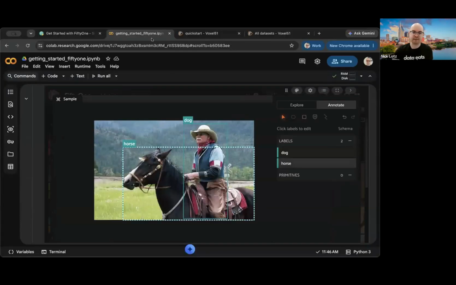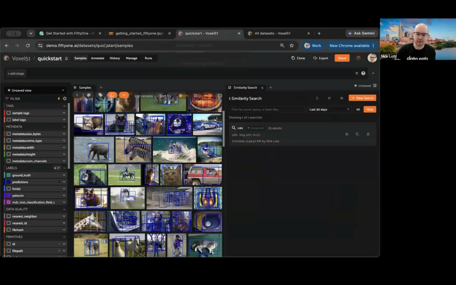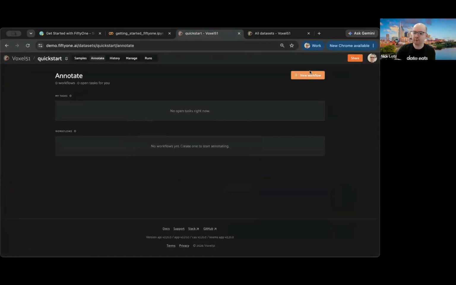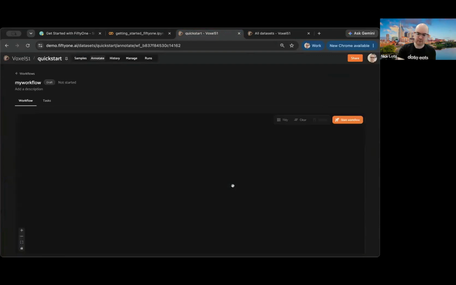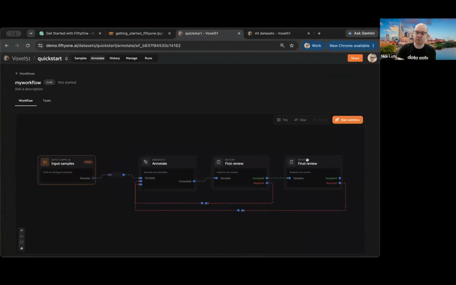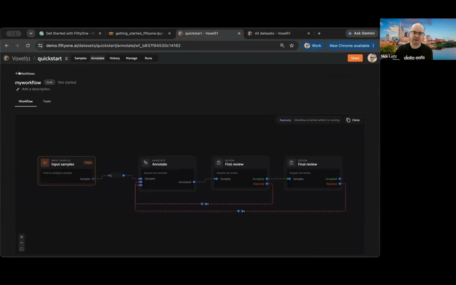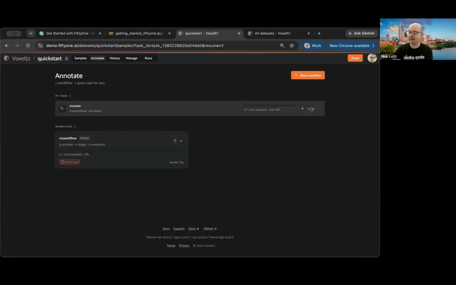Now, there's broader project management that we can do here that has just been released in the newest release of 51. So for those that are interested in more team-based project management, in 51 Enterprise, there's this annotate tab where you can create workflows of labeling. So I can create an annotate review workflow. And then when I start the workflow, it'll create tasks that an annotator can go in and drop themselves into. Now, what's nice about that is with this kind of task review method, as these tasks start to load, as the annotator goes in,